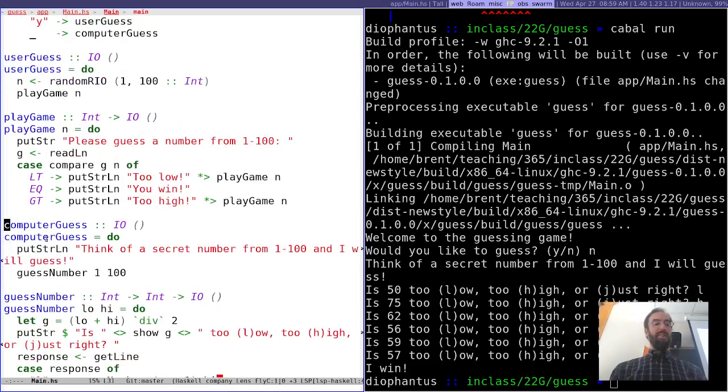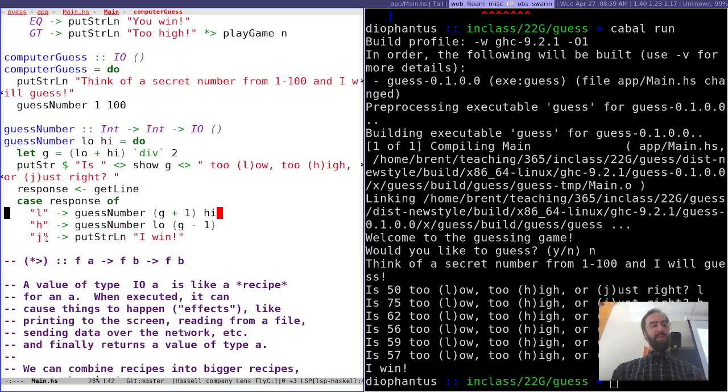Cool. So one thing I don't like about this is that the whole thing has I/O everywhere. So one of the things I want to think about next time is we'd like to factor it so there's as little I/O as possible, and some pure parts of the computation that don't involve I/O. But that may be hard to do with this game in particular, but anyway. So for Friday I'll think of a way that